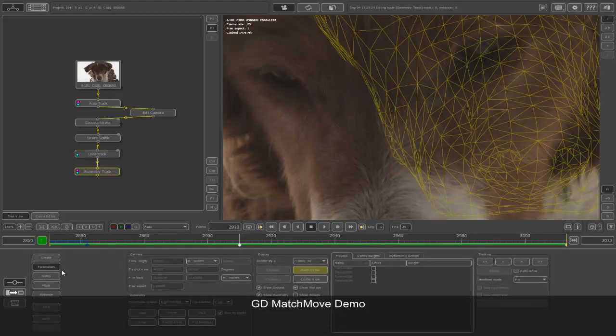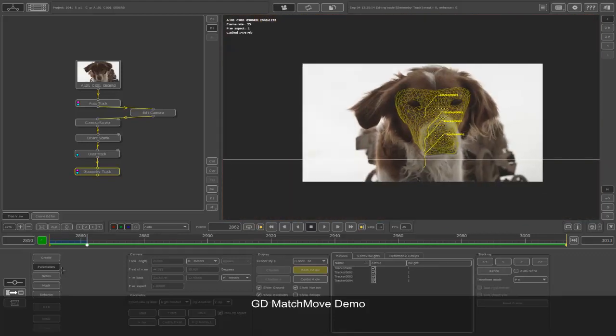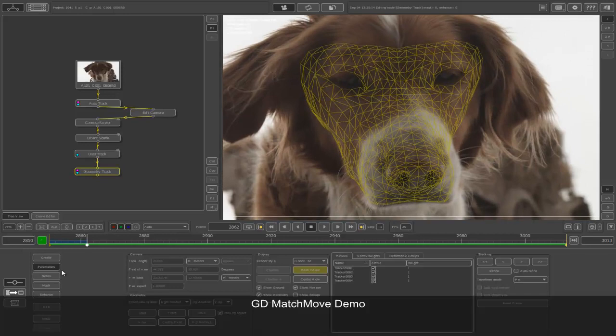Once you have added any user tracks, you can see under the helper section you have those tracks visible. You can just turn them on, and now going back to the same frame which we had, if you don't really want to see the tracks, you can just turn off show helpers. The tracks are still used because they are active, we are just not seeing them right now. So I can just go ahead, track it,